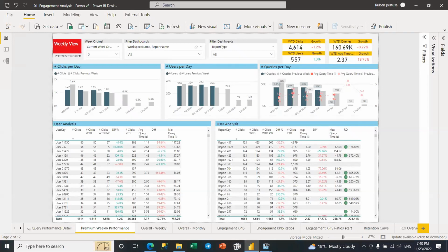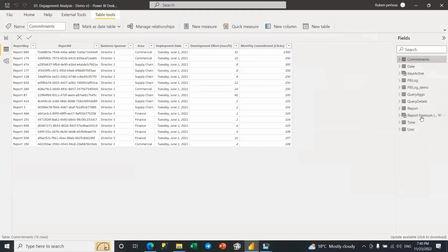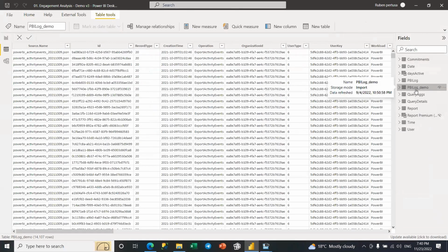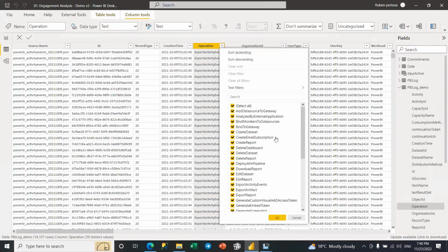The first thing I want you to see is that we have one table, the Power BI log, which is the fact table where we have all the activity. We can see all the operations happening.